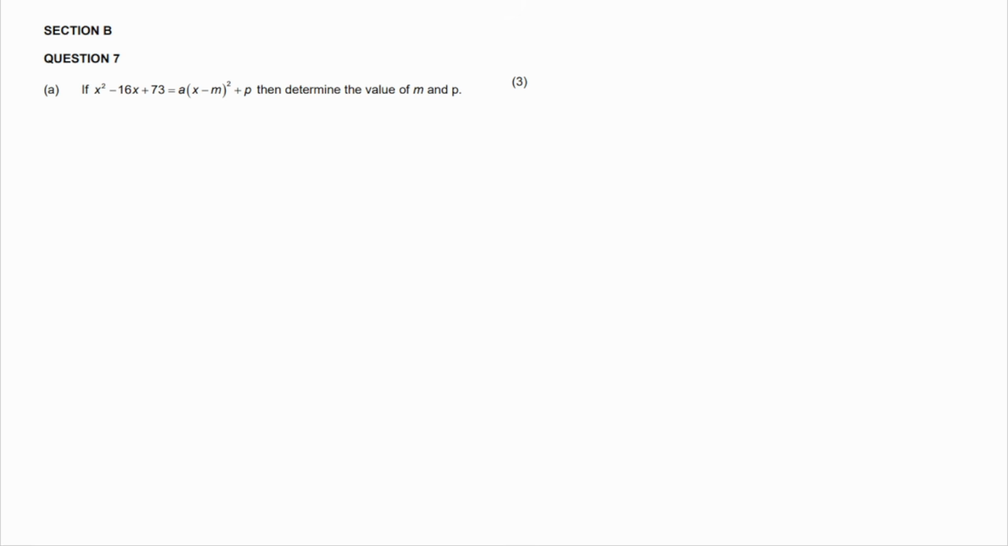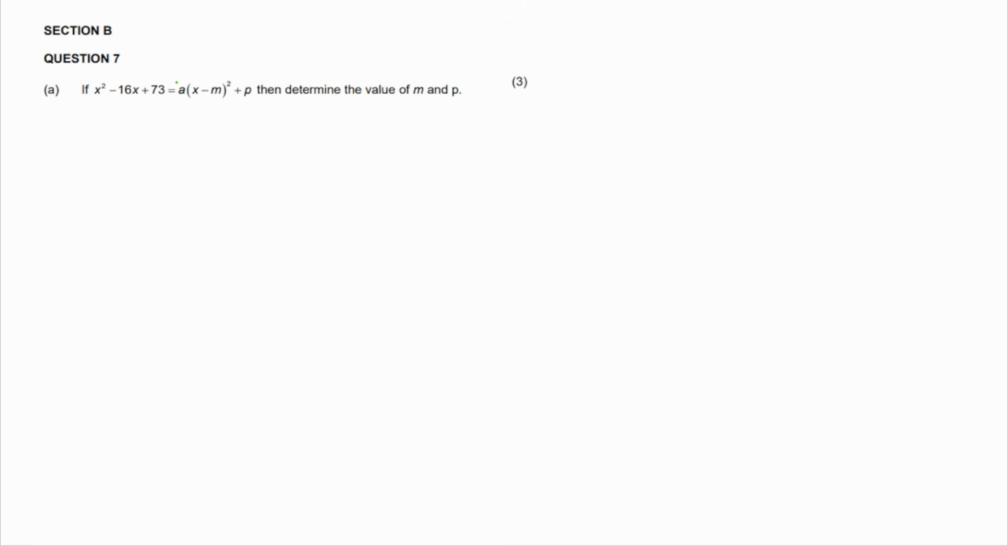So we are moving over now to section B. And the first question we have here is question 7. They say, if x squared minus 16x plus 73 is equal to a(x minus m) all squared plus p, then determine the value of m and p. So there's two ways you can do this. I'm going to show both. I'll start with